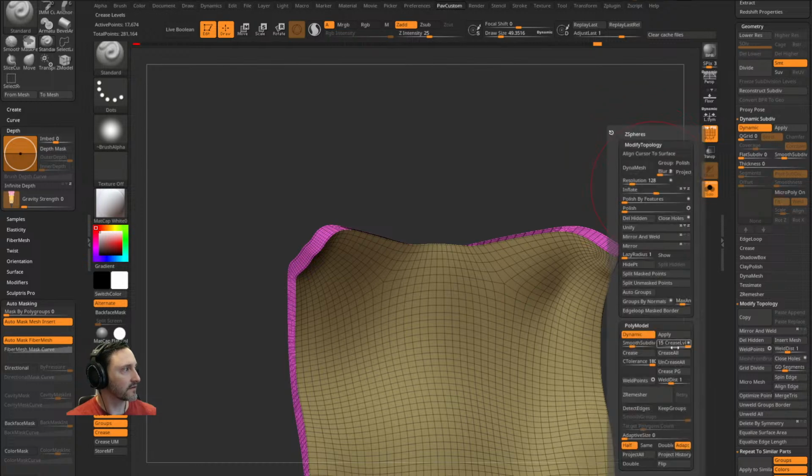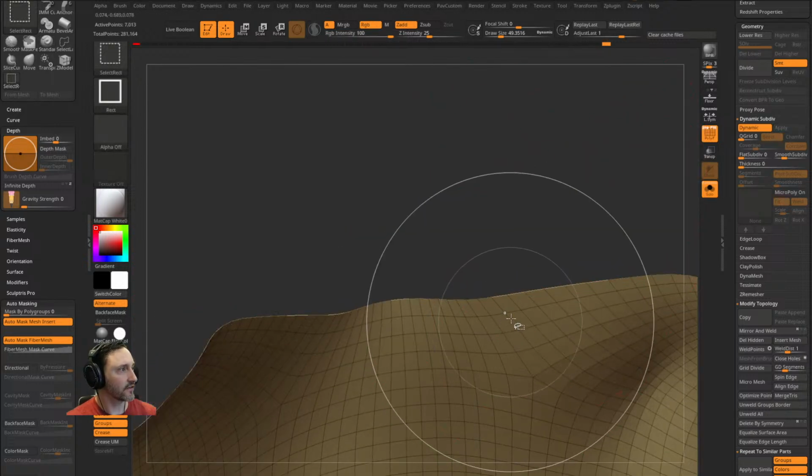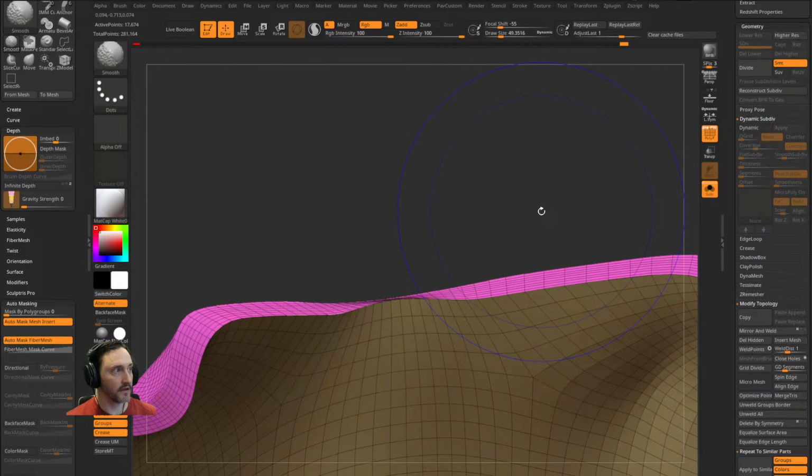Oh, these are all crease. Let's do this. Uncrease all. There we go. You're going to see these are now separate. These are now separate objects here. However,